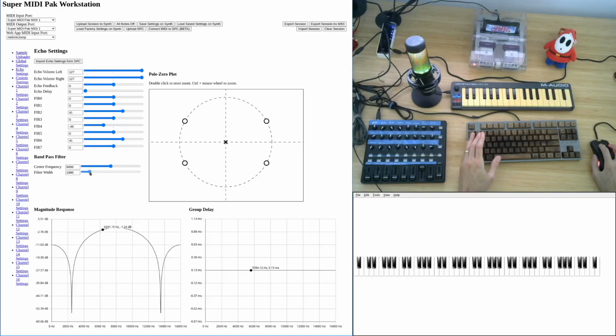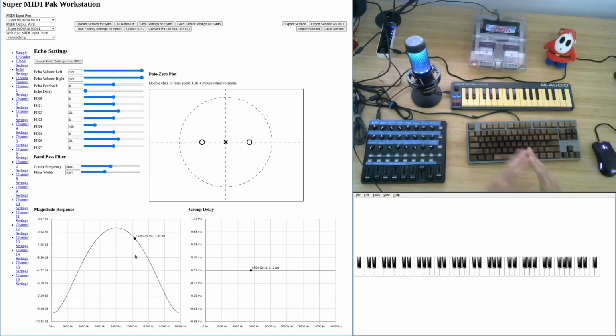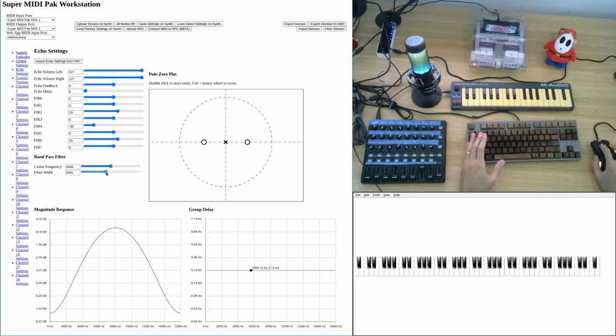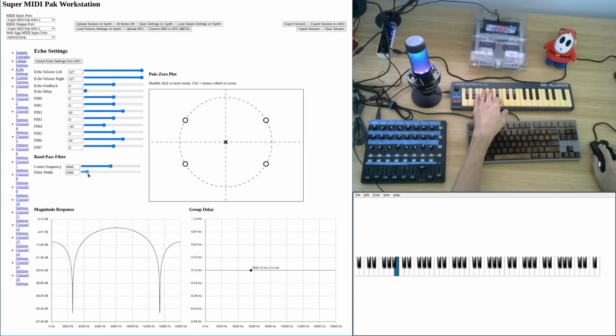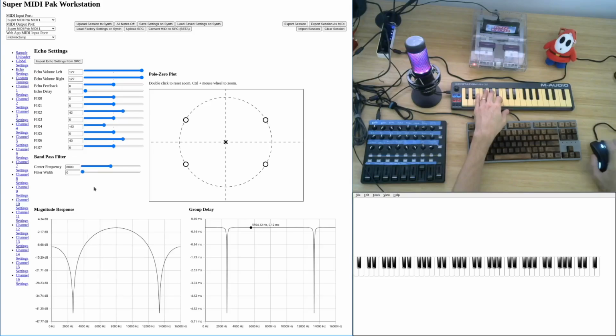And so as we increase the filter width, you can see that the attenuation decreases the wider we go from the center point, which is 8,000. And so I'll show how that sounds here. So as we decrease the filter width, we're basically letting in a narrower range of frequencies through. And so this bandpass filter generator is nice because it allows us to generate filters on the fly using only 2 parameters. And this allows a very common effect called a filter sweep.